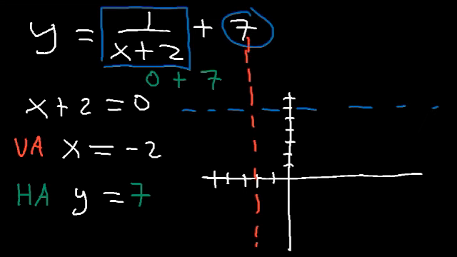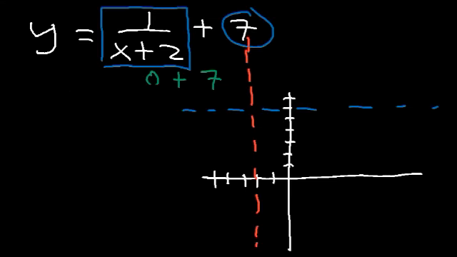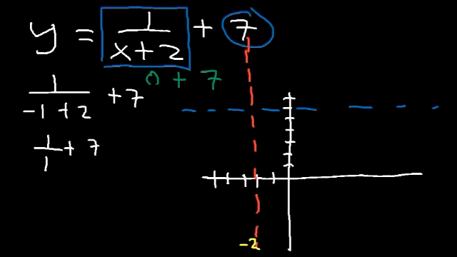Now let's plug in a few test points to see where the graph is going to be. So the vertical asymptote is at negative 2. Let's plug in a number to the right of negative 2 to see if it's going to be above or below the horizontal asymptote. So let's substitute negative 1 for x. So 1 over negative 1 plus 2, plus 7. Negative 1 plus 2 is 1. 1 plus 7 is 8. So we have the point negative 1 comma 8, which